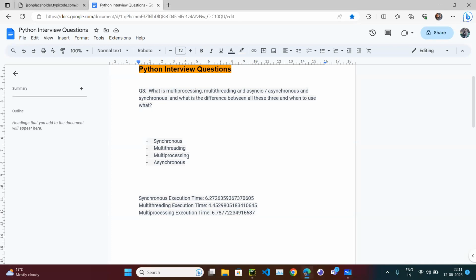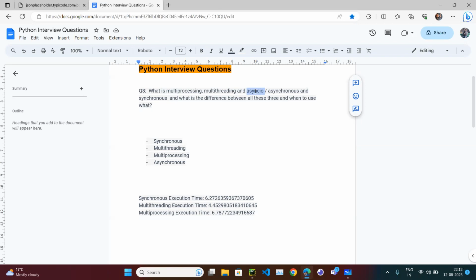Okay, now the question is where this concept comes from. Asynchronous, this is a new concept, right? Within Python, hopefully you have heard the keywords asyncio or aiohttp. So asyncio means asynchronous, and aiohttp is also asynchronous. Asynchronous programming is a much wider term. Asyncio and aiohttp are libraries provided by Python